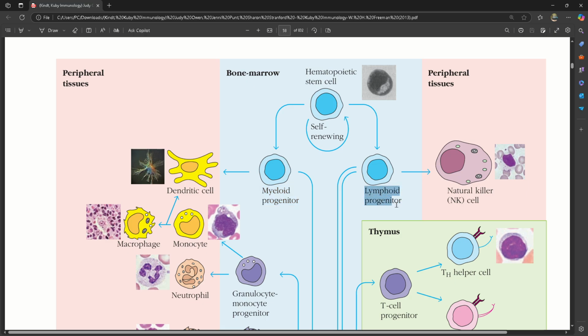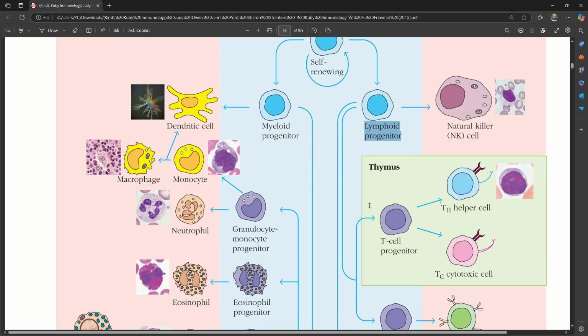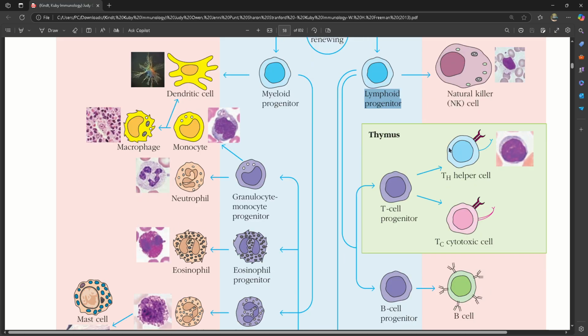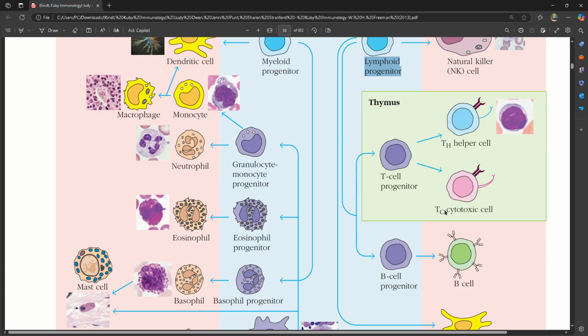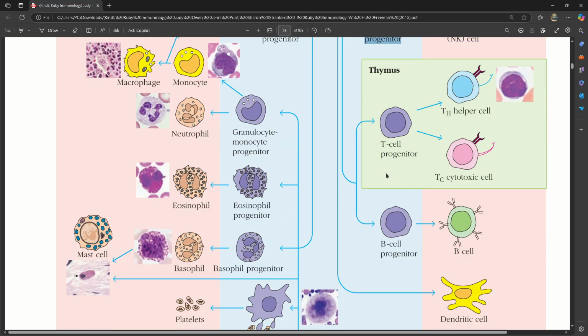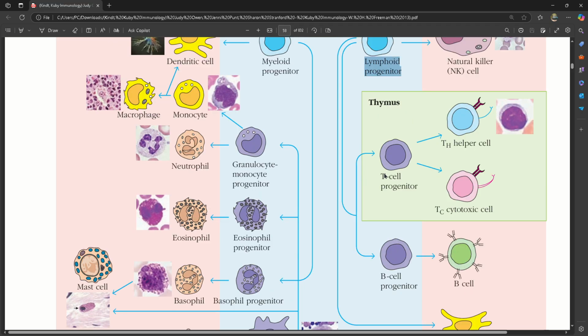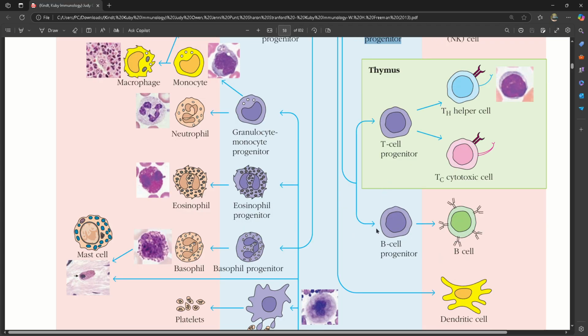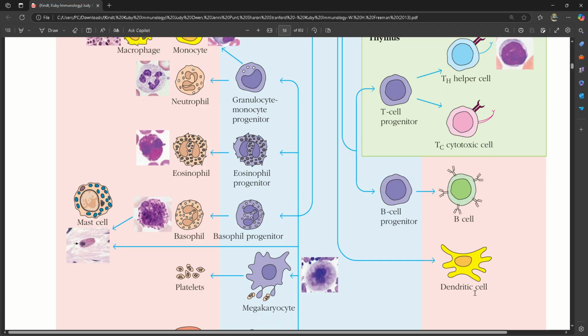So lymphoid progenitor cells will give rise to natural killer cells and T cells, and T cells will develop into Th or T helper cells and Tc or T cytotoxic cells. So then we see that these lymphoid progenitor cells, they will go to form this B cell progenitors, which result in B cells and dendritic cells,